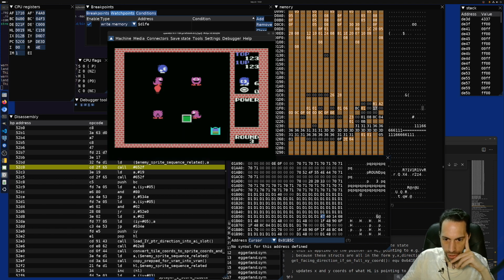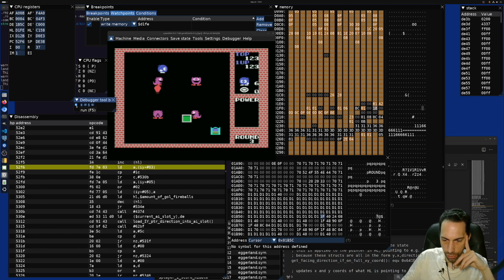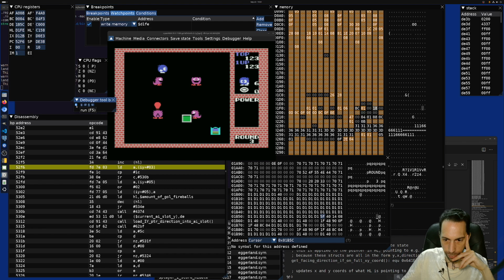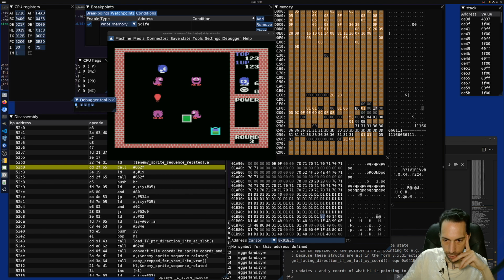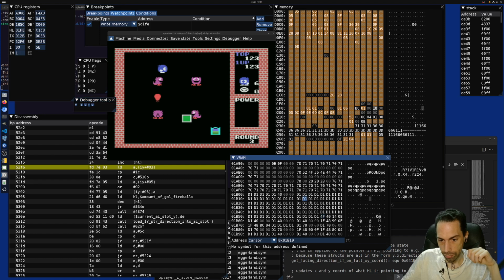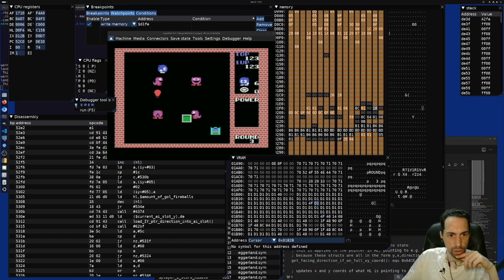I wonder if I can change this. That would be interesting to know. So this changes from 47 to 3F. Okay, there's no fireball now. 67, 5F, 57. That's interesting. I don't know what these values mean, but